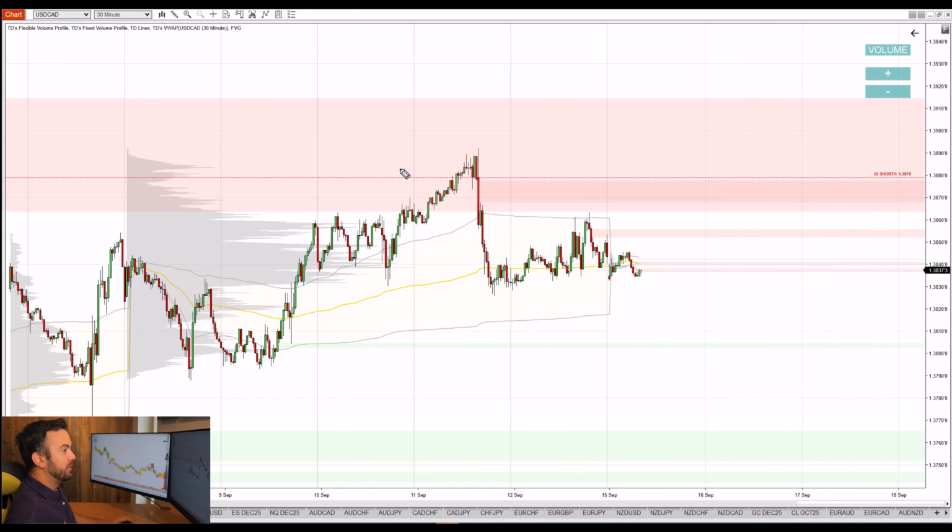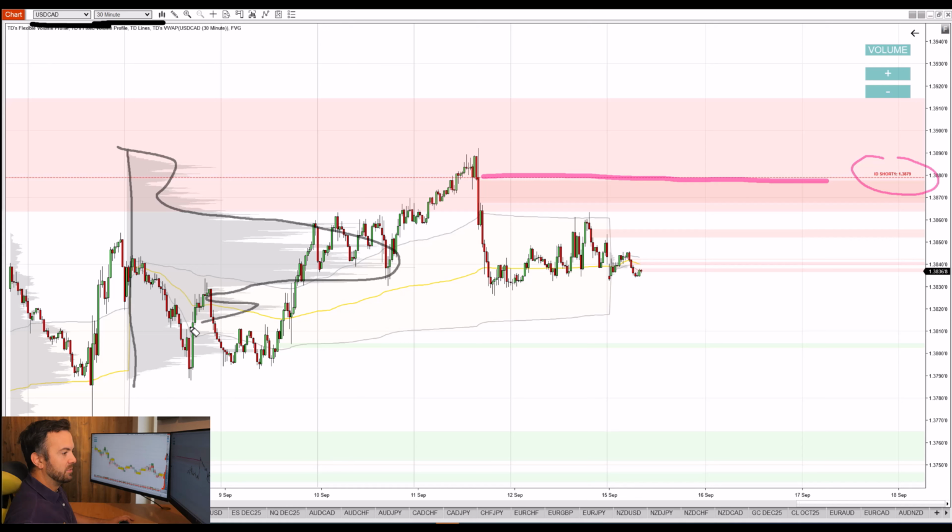What we have before you is the NinjaTrader 8 platform with my custom-made volume profile and VWAP indicators, and this is a 30-minute chart of the US dollar, Canadian dollar. Right now on the screen you can already see a resistance level that I want to talk about. It is this one. It is at 1.3879, and if you look at the volume profile, the gray one, it represents the volume distribution from